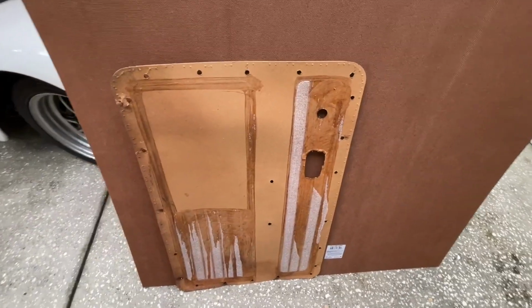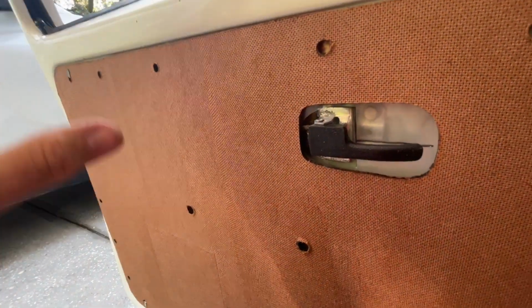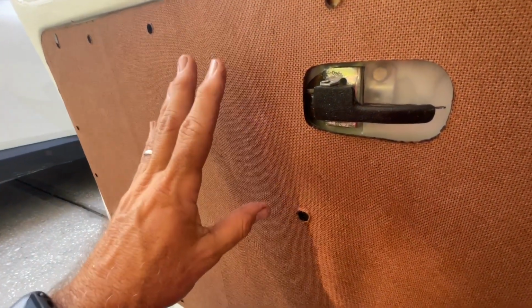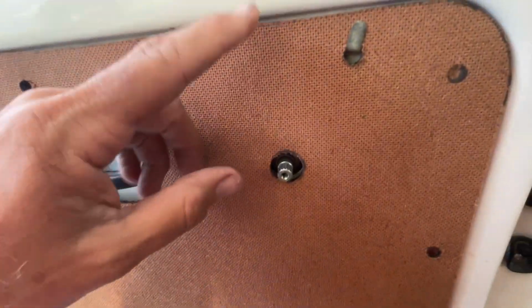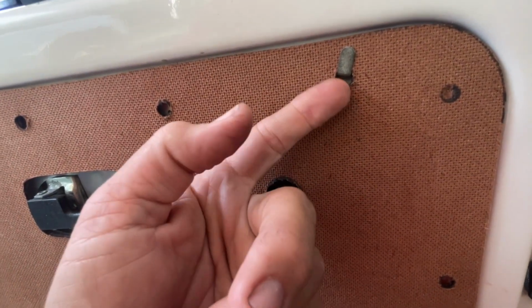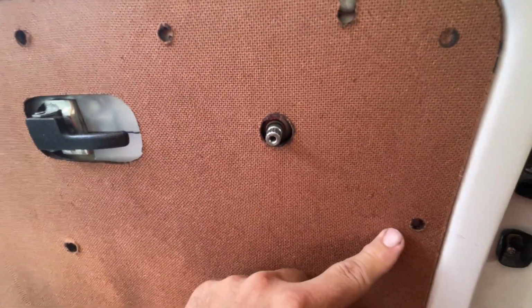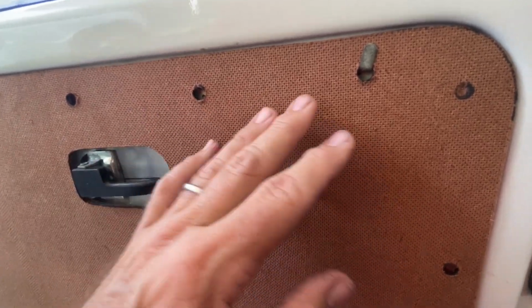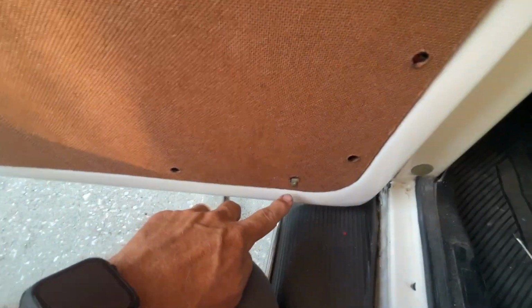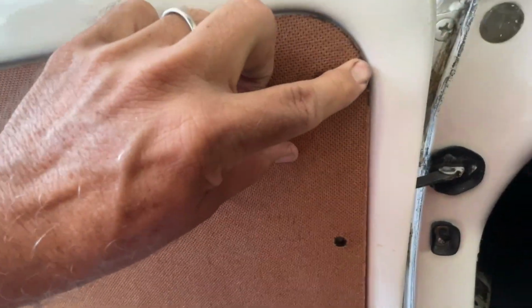And then once you've got it cut, you're going to need to fit it against your door and make sure that everything lines up. Before you even think about covering your new panels, please, please, please, I can't stress this enough, test fit. Make sure everything goes in. Now, keep in mind, these clips, the angles of these clips, these holes you put in, you can see how the clip is going to have to turn one way or another to line with the holes. So don't be too preoccupied with that right now. You want to get just 4 in the corners. Make sure they're aligned. Make sure the panel is sitting nice against the door, top, bottom,